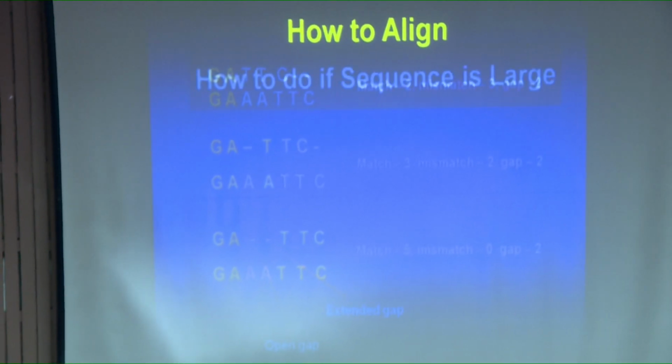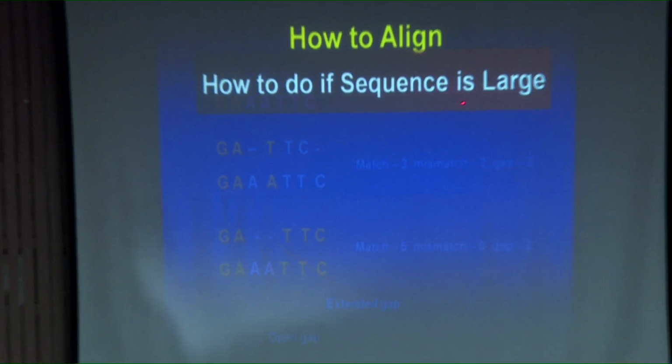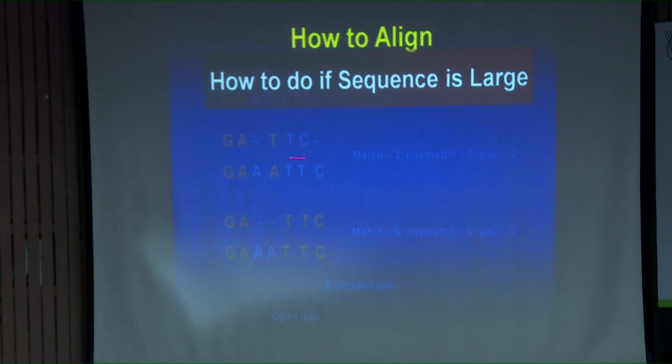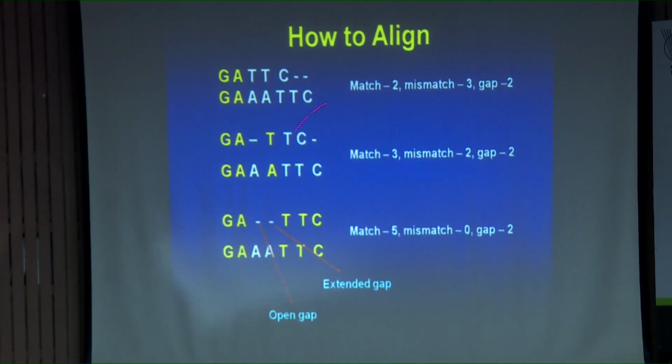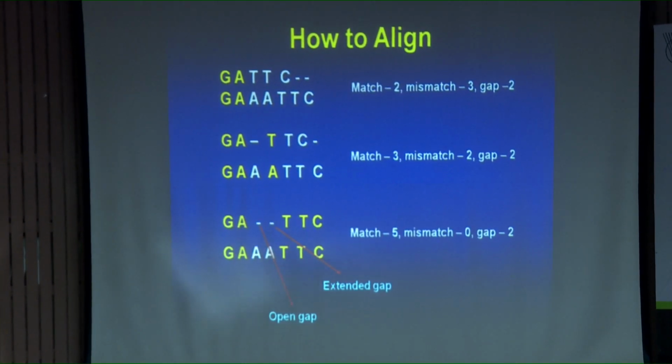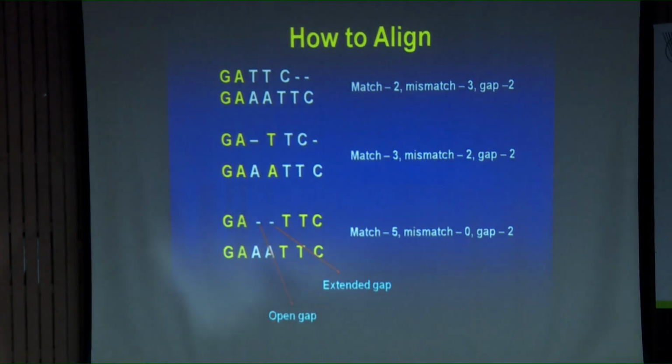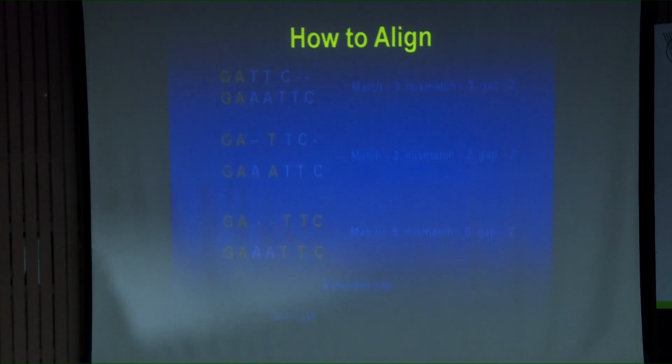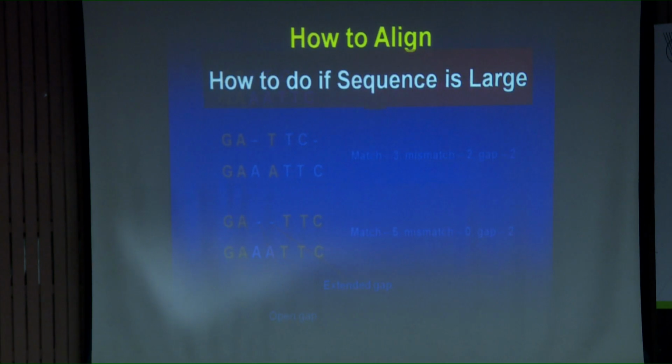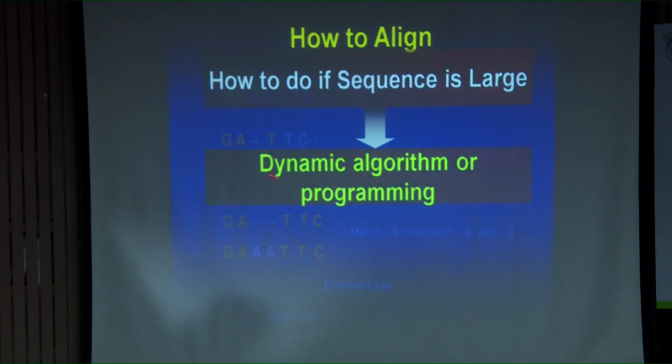It is not possible if the sequence is very large. Only for 2 sequences I am doing these 3 different combinations. So, if there are many and very large sequences, 1000 nucleotide sequences and 10-15 sequences, how to do next? For that, next we have to use dynamic programming algorithms, and that is where